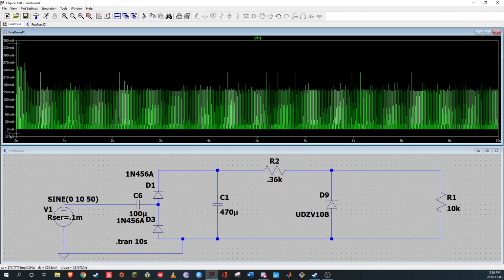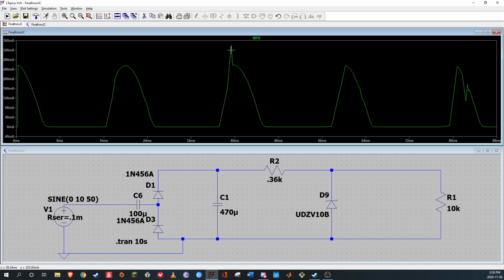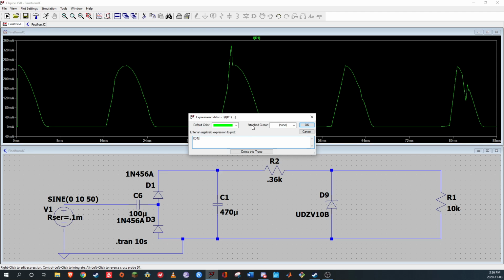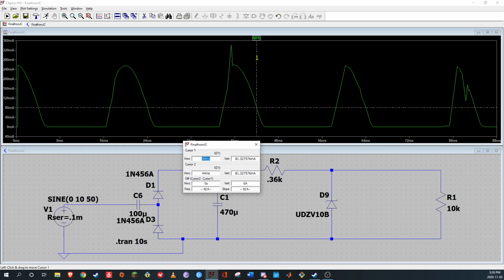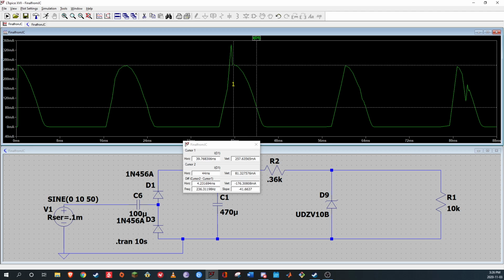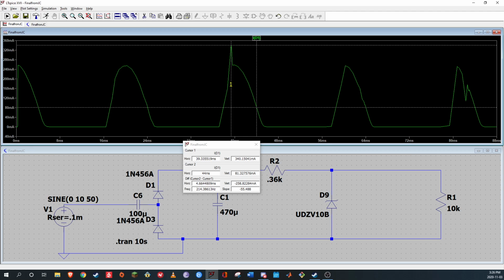The peak current is right here. So it's got a peak current. Let's say we wanted to see what that exact peak current was. So we want to attach some cursors to this, and I always just do first and second, and it'll pop them both up in the same place. So you'll grab one, you can move it around. So let's put it right at that top. So we can see here that the peak current through diode 1 here is about 340 milliamps, which isn't too